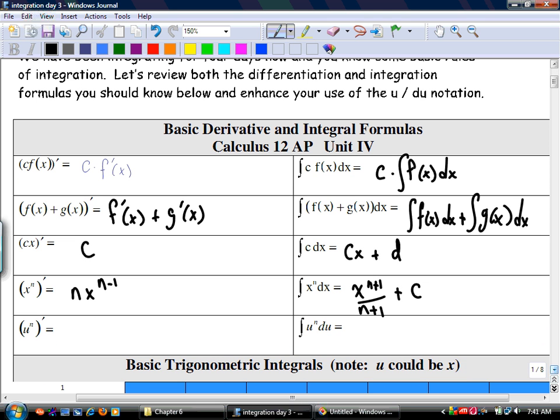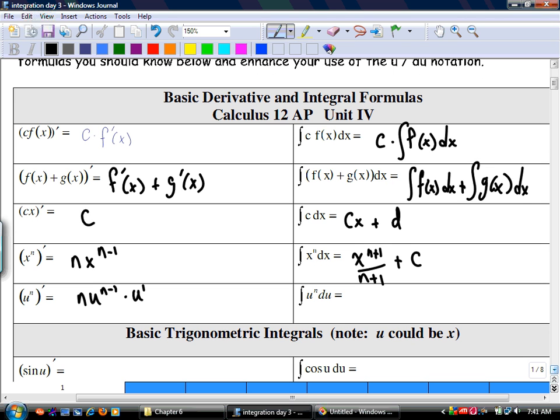The derivative of u to the n is n u to the n minus 1 times u prime. The antiderivative of u to the n is, this one's a little bit screwy. It doesn't quite work with this, but it's just u to the n plus 1 over